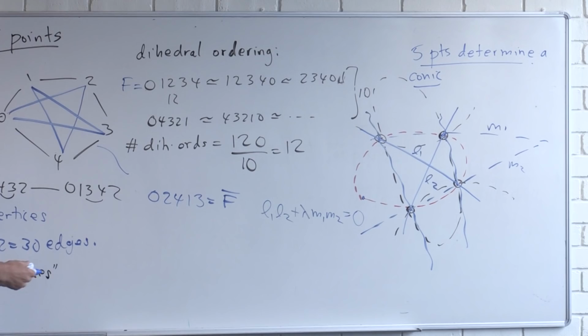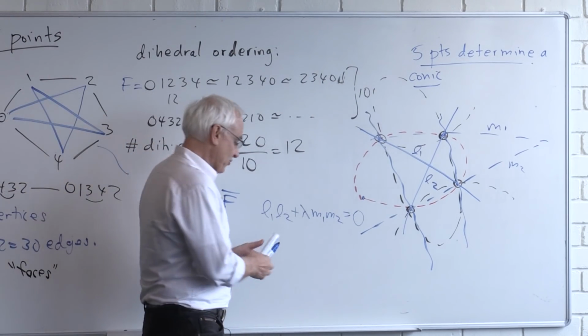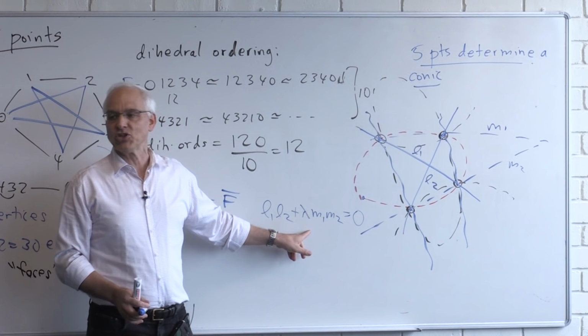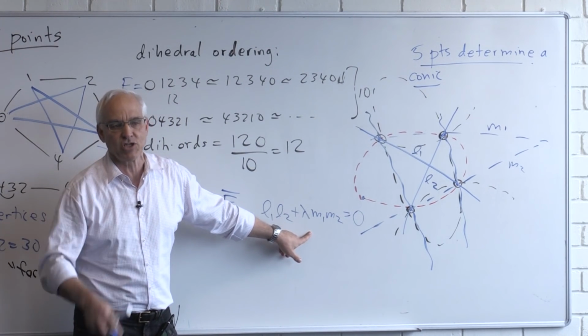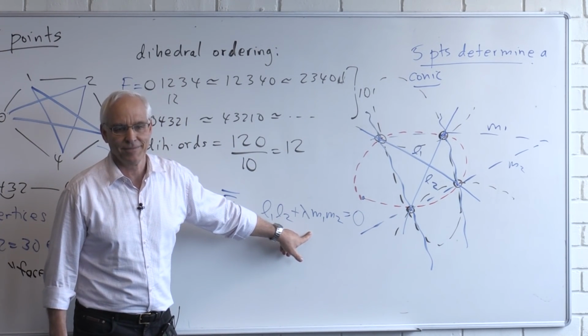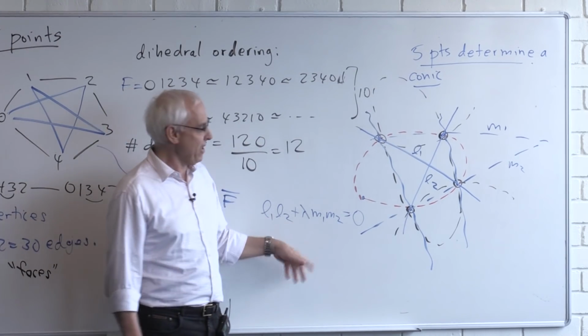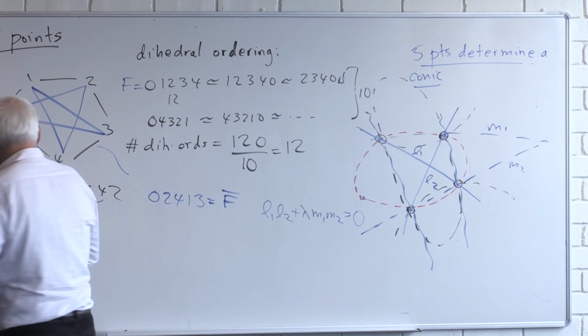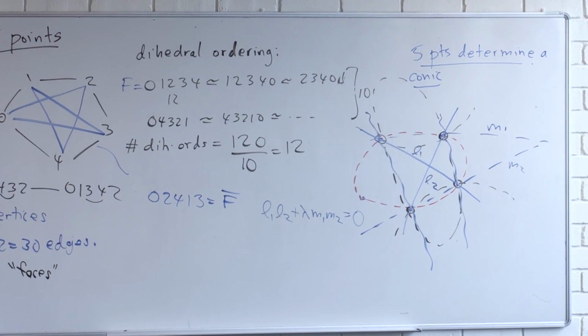And so if you want this conic to pass through a 5th point, you just have to plug in the values of the 5th point in here and solve this single linear equation for lambda. Okay, single linear equation for lambda, and once you solve that, then you have the equation of the conic immediately. That's a much more efficient way of doing it than solving 6 equations in 6 unknowns.